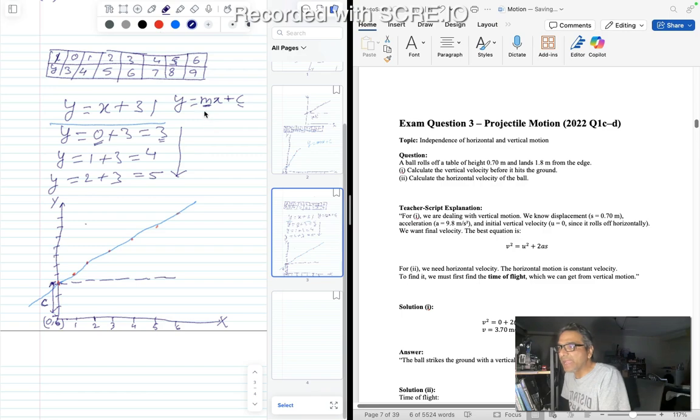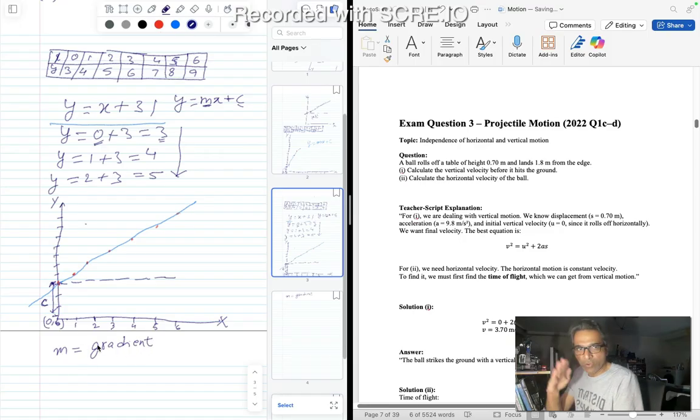So the thing is that m is going to be the gradient of that line, the inclination, the tilt, how tilted the line is, and c is the y-intercept. Right? So if you know these things, then only we can say